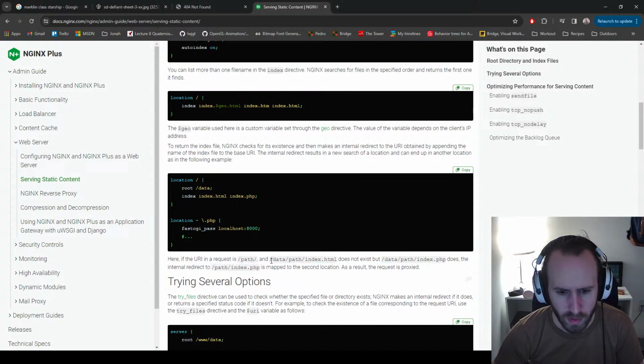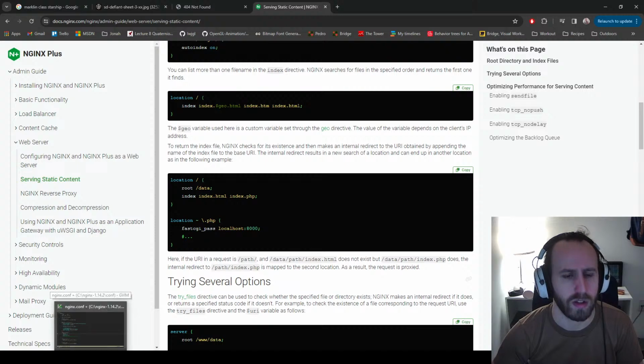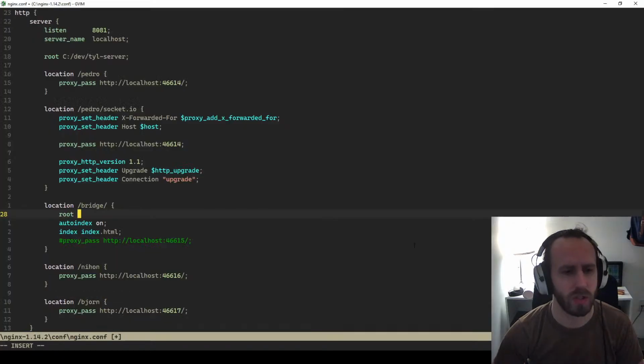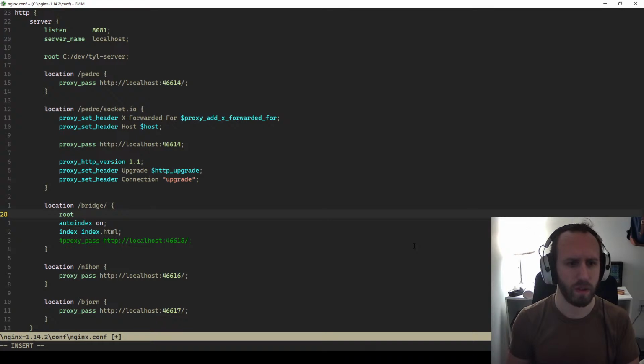so data path, so it will look for data, so this matches this, so it'd go in here. The root is data, so it'd be data path and then index.html. So bridge should then be root cdev till server bridge